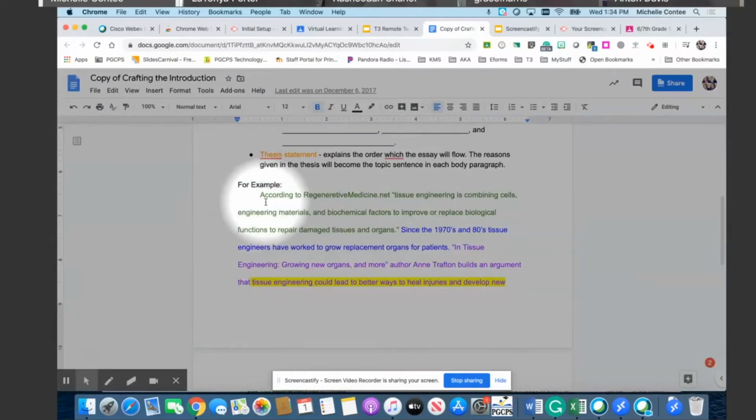So I want to make sure you guys understand that everything in green is my hook, right? According to regenerativemedicine.net, tissue engineering is combining cells, engineering materials and biochemical factors to improve or replace biological functions to repair damaged tissues, blah, blah, blah. And remember, what's in blue